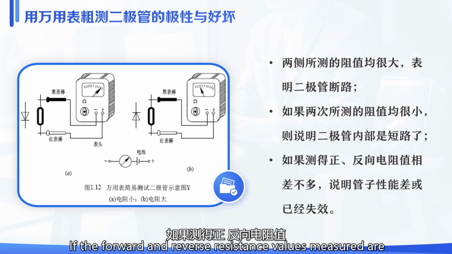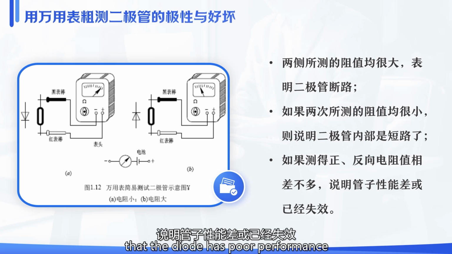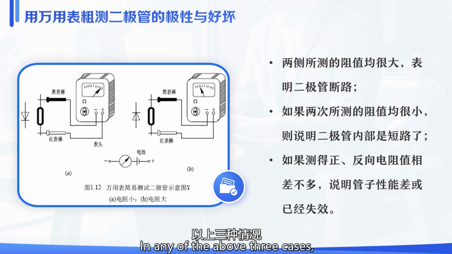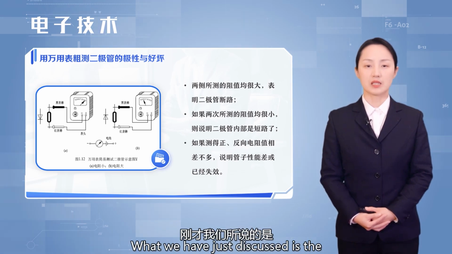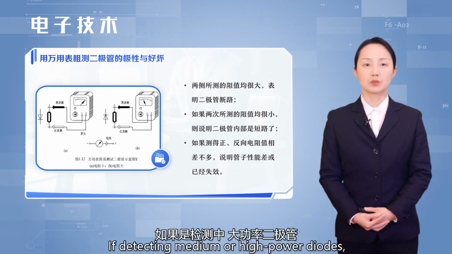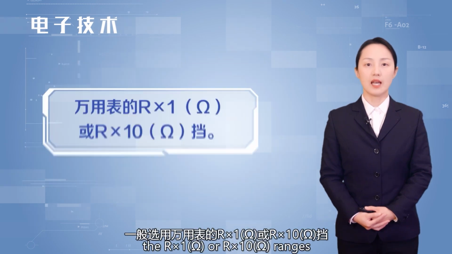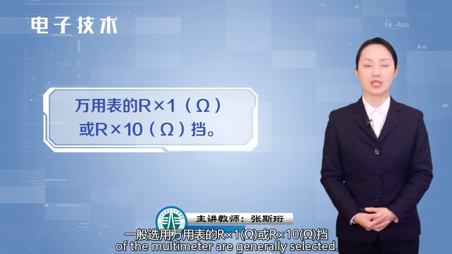If the forward and reverse resistance values measured are not significantly different, it suggests that the diode has poor performance or has failed. If any of the above three cases, the diode should no longer be used. What we have just discussed is the detection of small power diodes. If detecting medium or high power diodes, the R times 1 or R times 10 ranges of the multimeter are